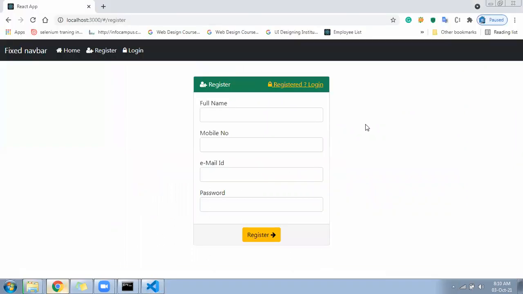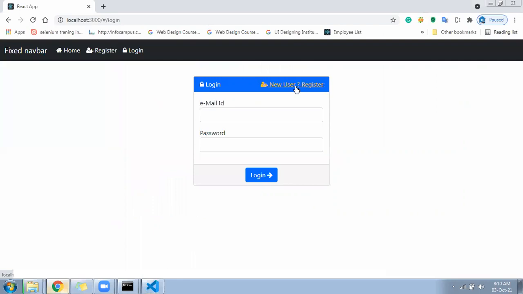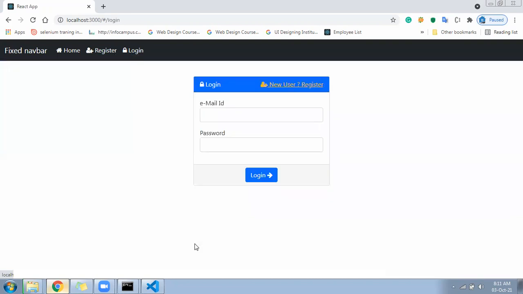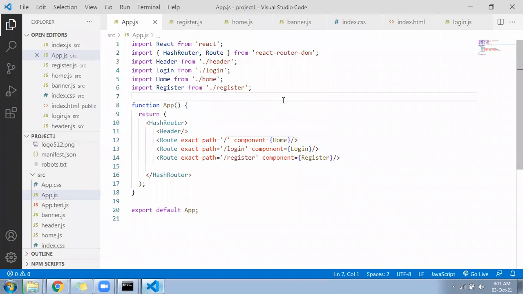Then your register page will work like this. From here we can go from login to register. From top also we can go to the respective page. We can go to the home. We'll have it in a perfect manner. Please confirm, working for how many people?